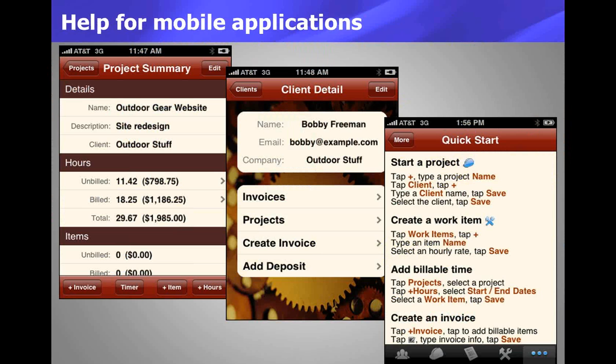And so here with this app that I worked on, the help topic that you can see all the way on the right doesn't use traditional grammar. It uses sentence fragments, but it gets the point across, and the main thing that I was trying to accomplish here is to get it into one screen full of information,